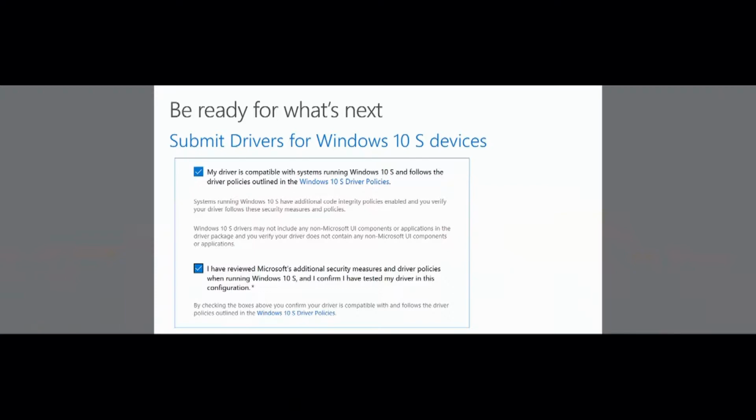It is ready to accept Windows 10 drivers, Windows 10 S drivers when you can submit them. You are in the driver's seat for the quality of these drivers. There's a lot of documentation around what it takes to build a driver that is compatible for Windows 10 S devices. I encourage you to read the documentation, catch up on the previous sessions, and really follow the principles of